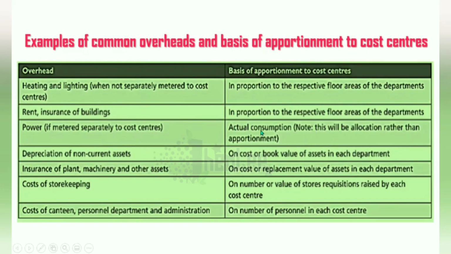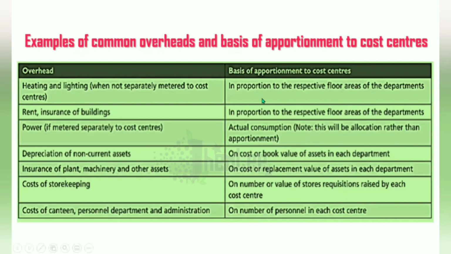For power, you look at the actual consumption, so they tend to use kilowatt hours. Depreciation of non-current assets, they use the cost or the book value of the asset. Insurance of plant, machinery, and other assets, it's based on the cost price of that particular asset, or replacement value of assets in each department. Cost of storekeeping, they use the number or value of stores requisitions raised by each cost center. And for the cost of canteen, personnel department, and administration, they tend to use the number of persons that are employed in those areas. And these are just typical examples of overheads and the basis that they tend to use